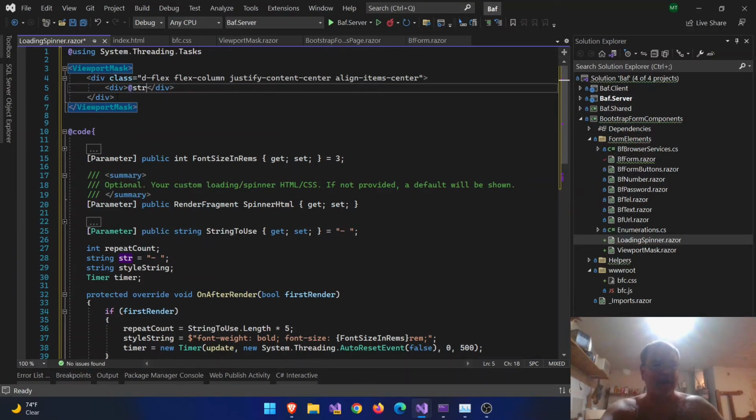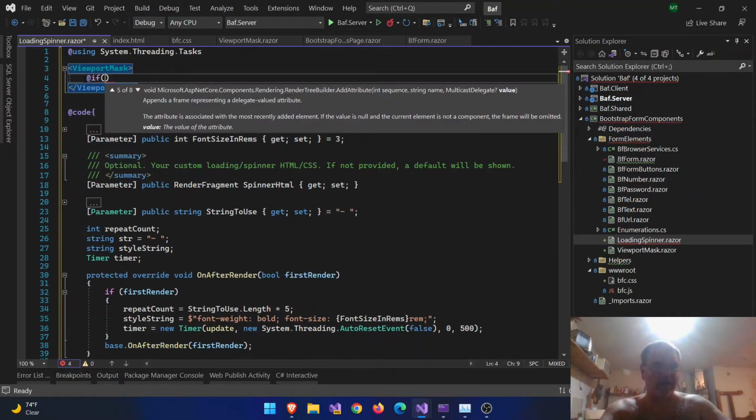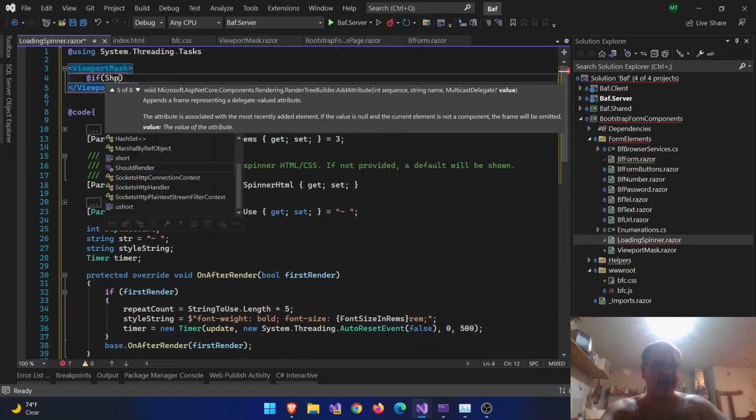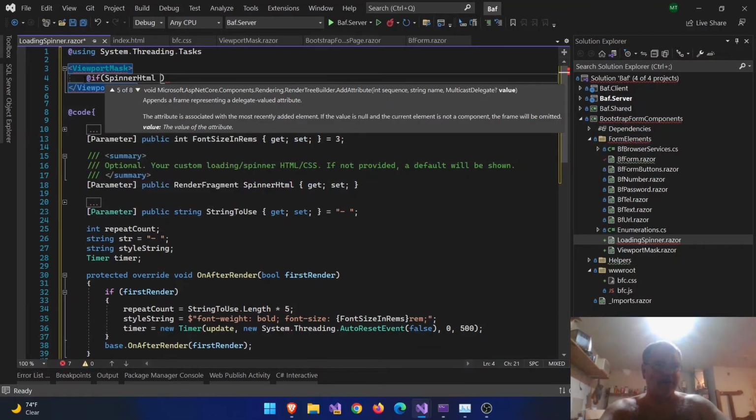Oh, I forgot the if statement. If spinner HTML equals null,